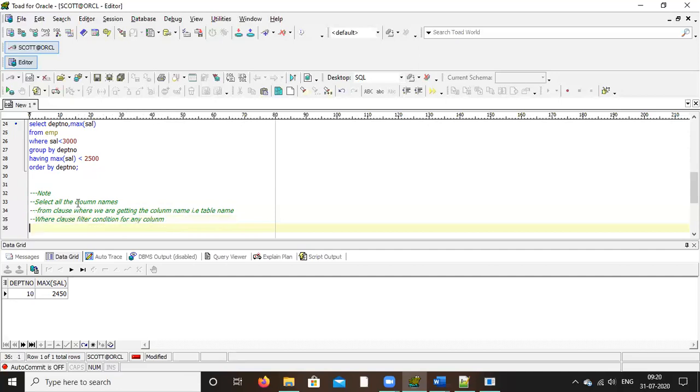Next is group by. This is nothing but grouping the columns, grouping the similar items. Group by clause is for grouping similar items. Next is having. Having means again a filter, but on the group by.